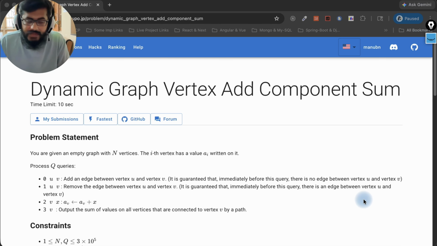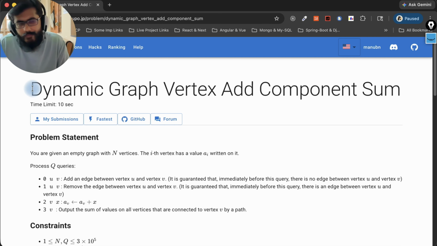Yeah, so this is fine. Let's move on with the problem part. So we'll be solving this particular problem, or we'll try to implement the algorithm, whatever we had discussed actually, offline